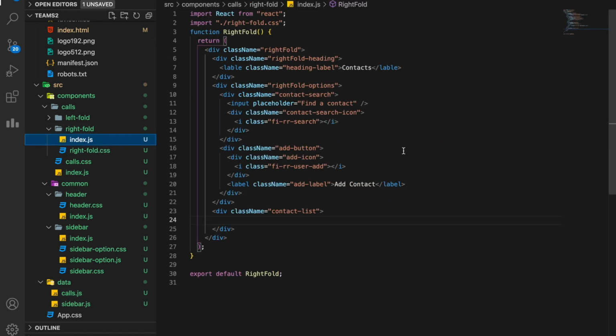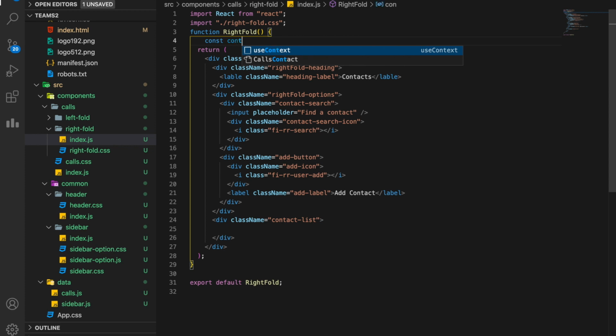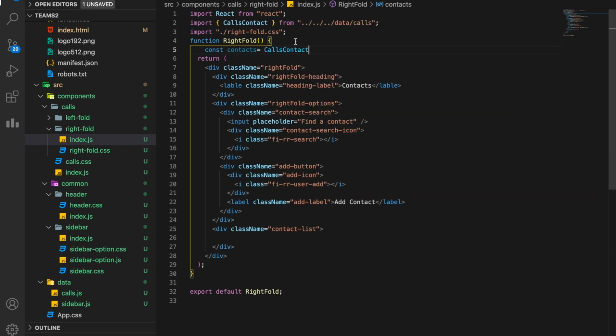So now that my list is done, let's call calls contact. I'll go to my file here, the right file, and I will import it here. So I will call it calls contact here.